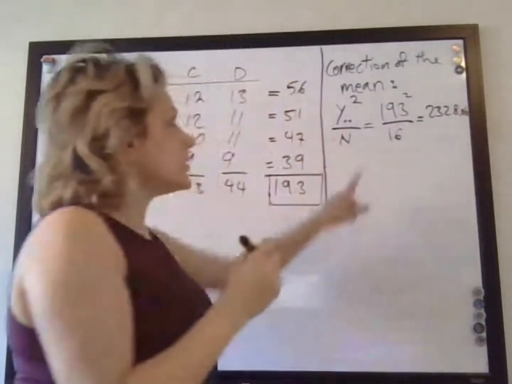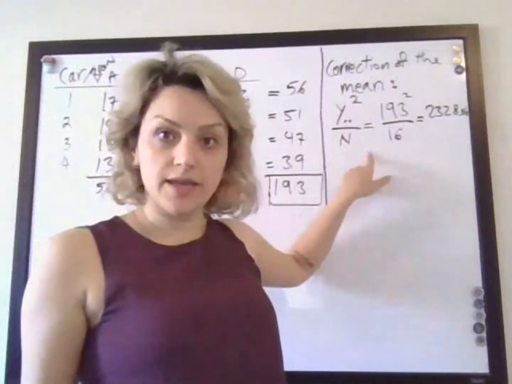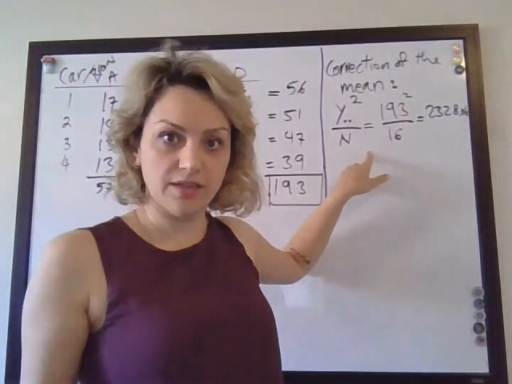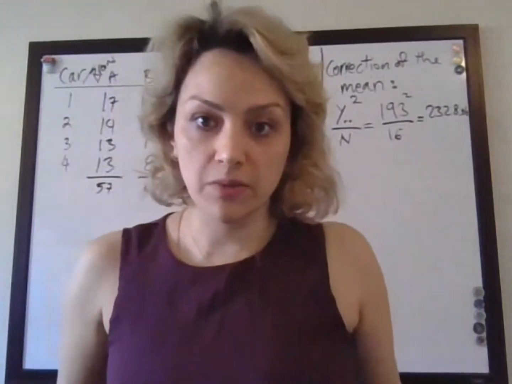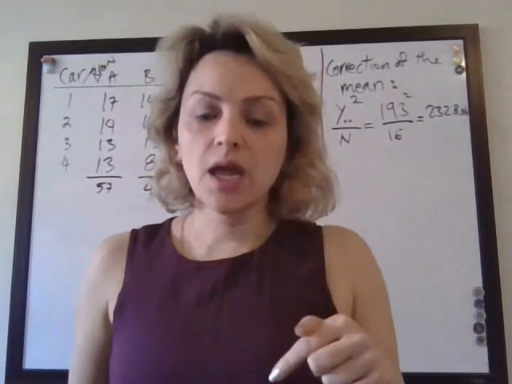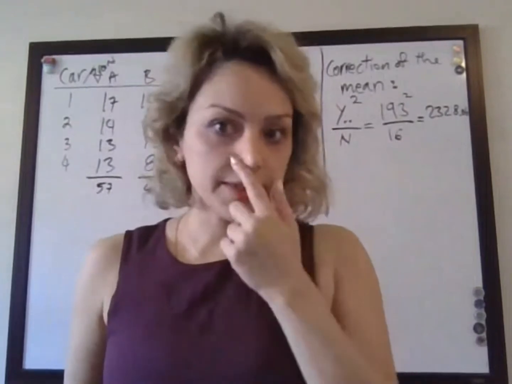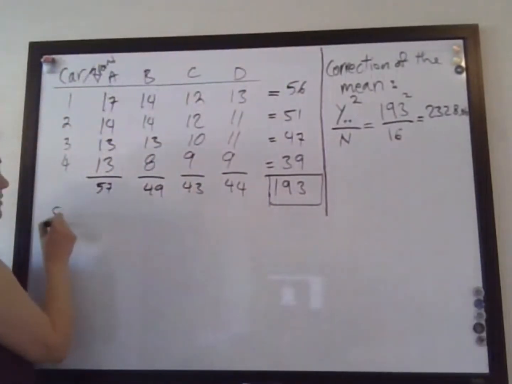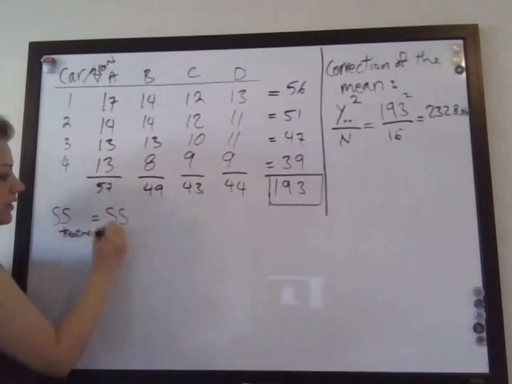Okay, so this is the correction of the mean. I would suggest that you calculate it like this, or as you see in the equation that we have, you can simply write down this equation when you want to find the sum of the squares of the treatment, and you can put the correction of the mean here. It's the same. So I will write down here, we are looking for the sum of the squares of the treatment,